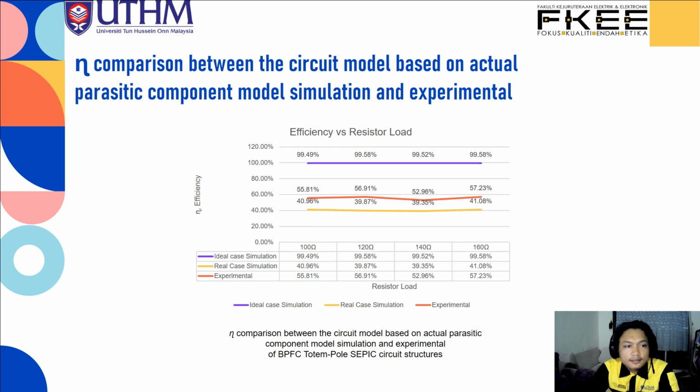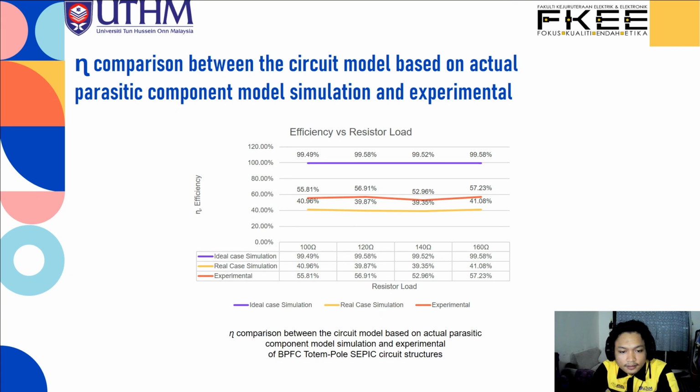Okay, next, this is the final conclusion. We want to compare the efficiency between the circuit model based on the actual capacitor component model simulation, the experimental, and the ideal case simulation. There are three comparisons: ideal case simulation, real case simulation, and the experimental. For the ideal case simulation, we can see the efficiency is almost 100% for all output resistor loads. And for the real case, we can see that